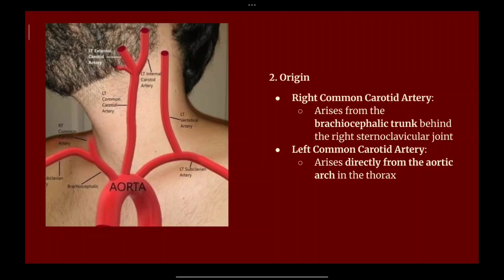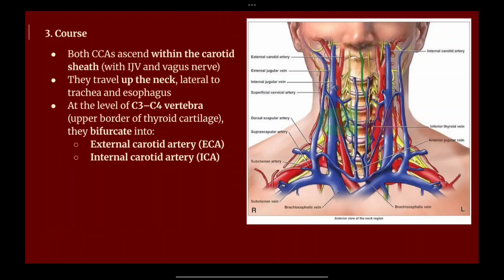It is arising from the thoracic region. Now, what is the course of this common carotid artery, and how does it branch and move to the head region? Both the common carotid arteries, left and right, are within the carotid sheath. This is a protective layer for the carotid arteries, which gives protection to the blood artery, and here it is running along with the